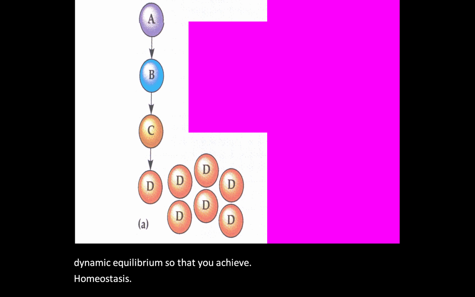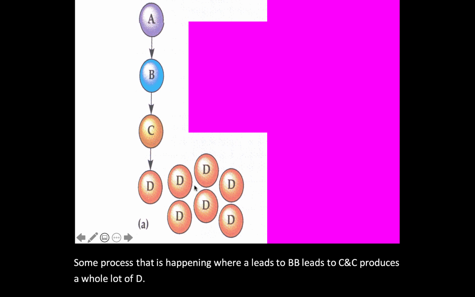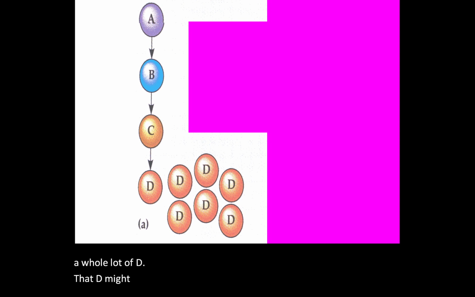So here in this image, you've got some process that is happening where A leads to B, B leads to C, and C produces a whole lot of D. That D might be heat. That D might be blood pressure. That D might be, because if you think about this,